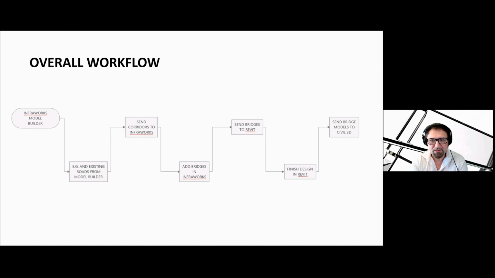Those can then be sent to Revit, and Revit can develop a structural model for fine design, refining the design, and doing all the structural modeling and work that is done in Revit, where the design can be completed in detail. That finished design in Revit can then be sent back to Civil 3D and or InfraWorks as the requirement may be.